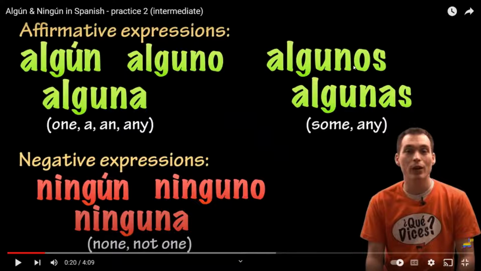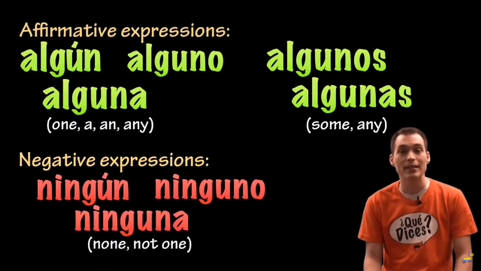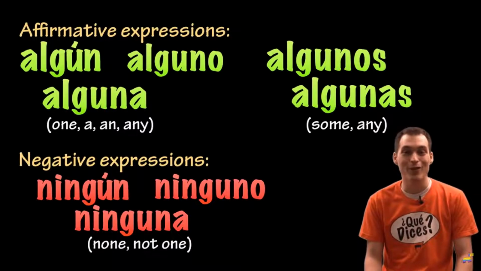I want you to know something. We have plurals here, algunos and algunas. Do you see a plural here? No. The plurals are very rare for the none or not one category. They're rare. They do exist, but you hear them in very isolated, specific examples. Okay, and now we'll let it roll. But remember, algún is one of those shortened forms, we cut off the o at the end quite often. And that's why we're looking at not these one.